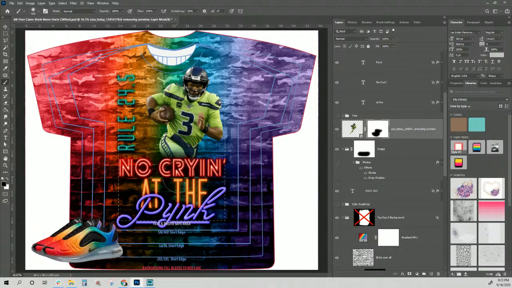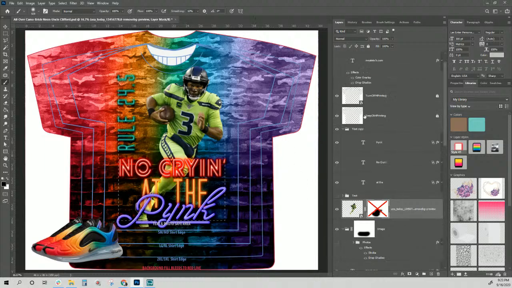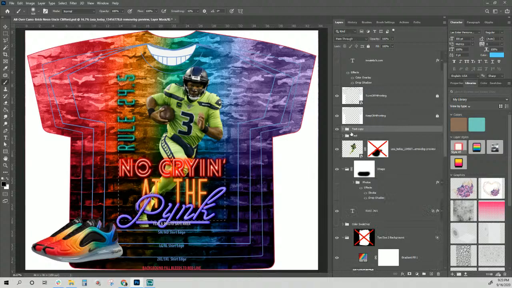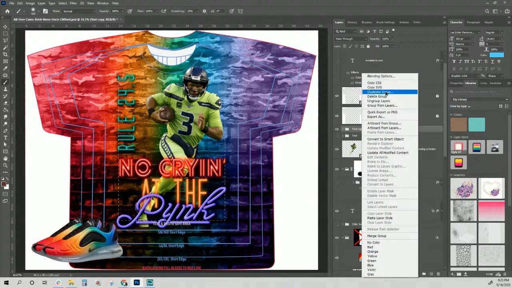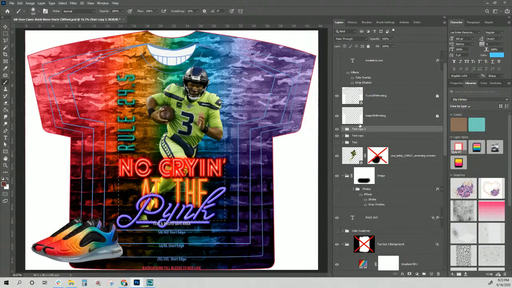Okay. Now, if I don't want the fade off, I can right click, disable that layer mask, and my image is right there. I didn't do anything to my pixels. Okay, that's one of the most important things we're learning in Photoshop, is how to design non-destructively. All right, so now I'm going to take this text copy. We're going to do one more copy,